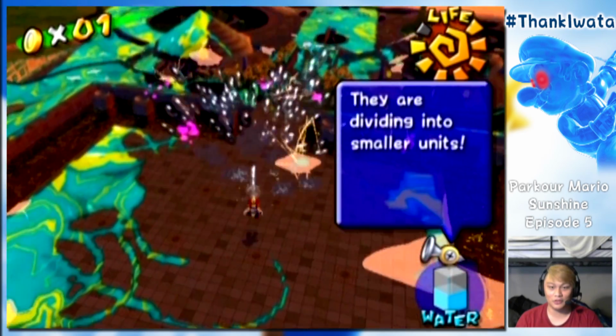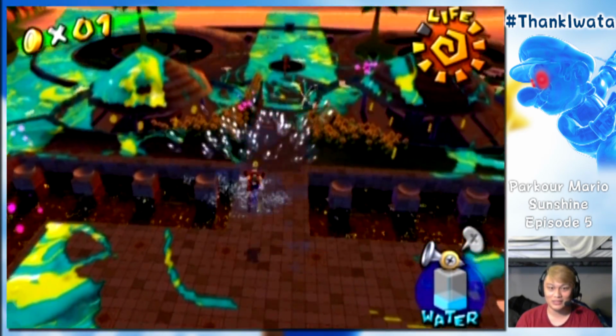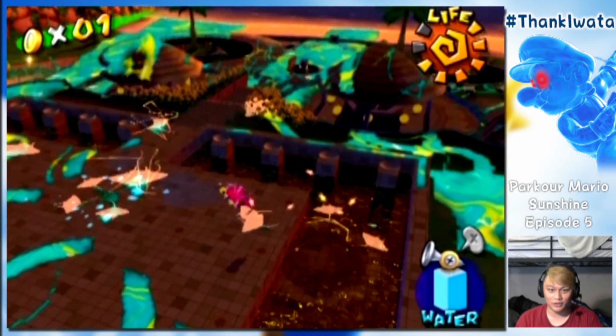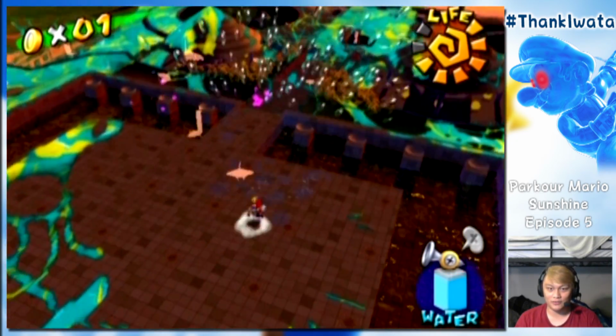It can get kind of annoying because the little mini mantas are gonna start going random places. But what you want to do is, I'm gonna run out of water here soon. You want to get rid of all the big ones. Okay, thank you very much. You want to get rid of all the big ones as fast as possible because